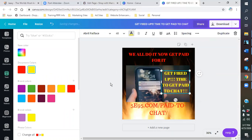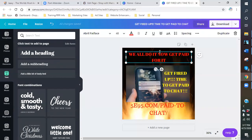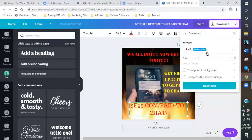And let's make that yellow. So there's that. So we do it. And let's just make our punctuation. Okay, I like that arrangement better. Perfect. And then they just go to 5e95.com, pay to chat. And then it's titled. And sometimes it'll say here, untitled. You want to title your meme or title your picture so that when it downloads and you save it,